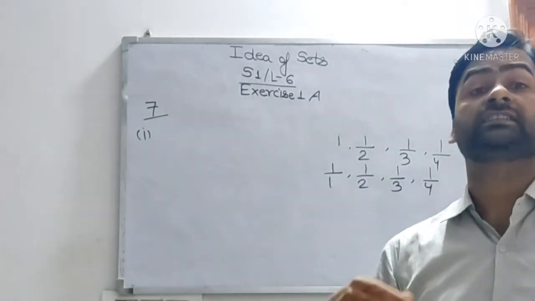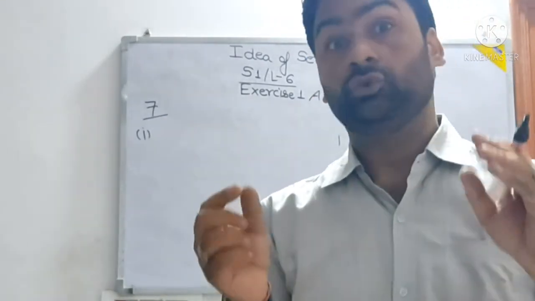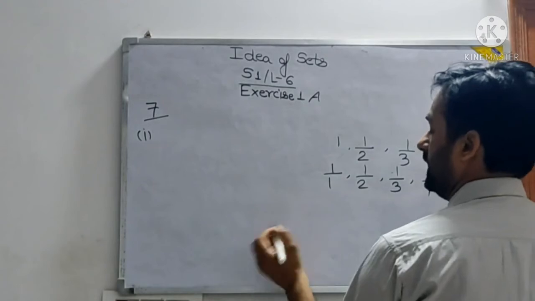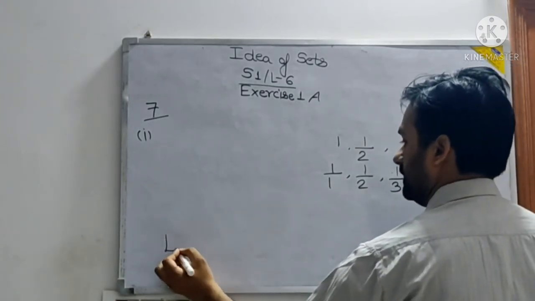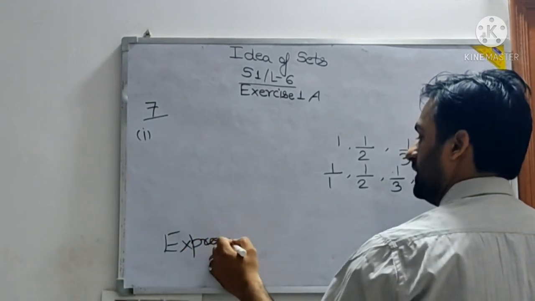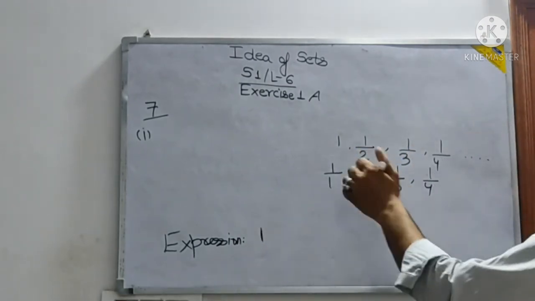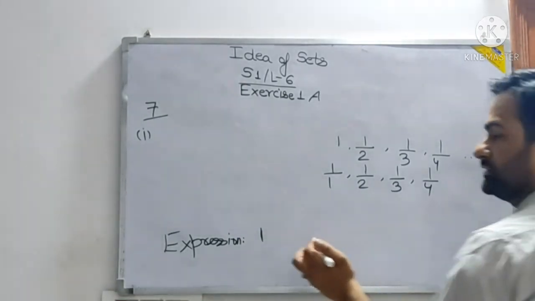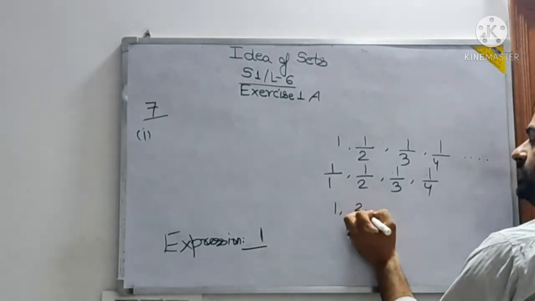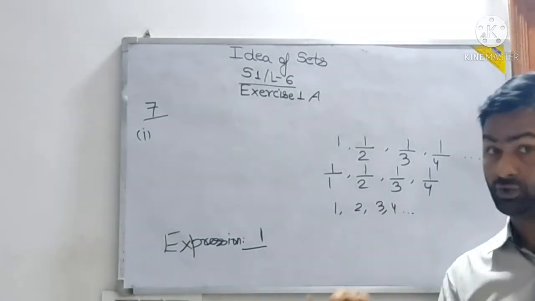That means the typical thing that will be coming to you is only generating the expression. If you are able to generate the expression properly, the question is done. So 1 is common. Let us generate the expression here first. I will not follow the question yet. The expression will contain 1, and since it is in fractional form, there has to be a bar. Now what is here? In the denominator, 1 is coming, 2 is coming, 3 is coming, 4 is coming. That means it is basically a group of natural numbers.